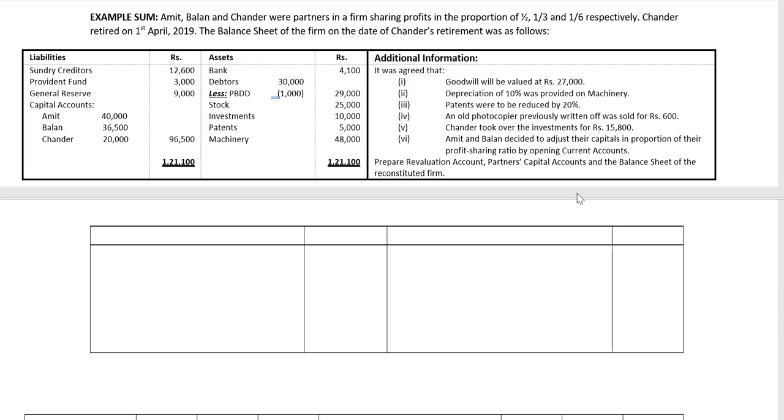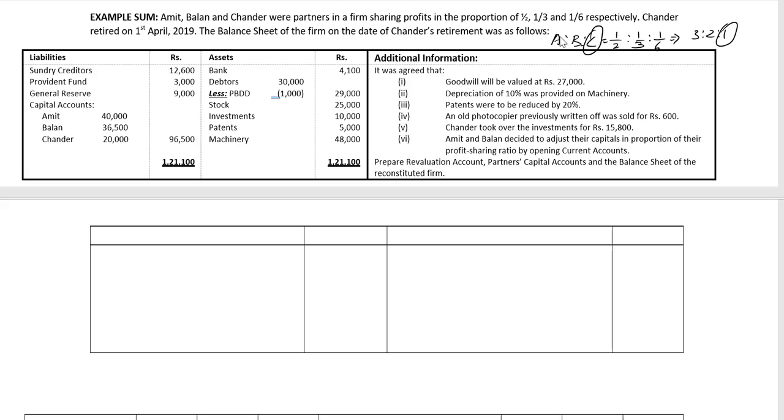So let's get the old profit sharing ratio between Amit, Balan and Chandar correct. Between A is to B is to C, it is 1/2 is to 1/3 is to 1/6, and this can be written as 3 is to 2 is to 1. Chandar is a partner who's retiring,